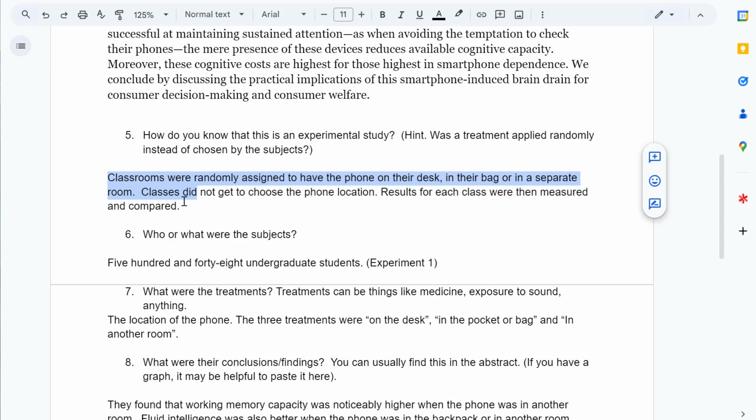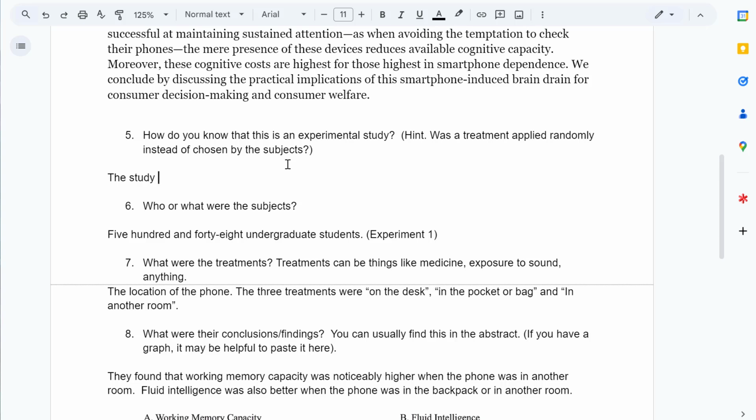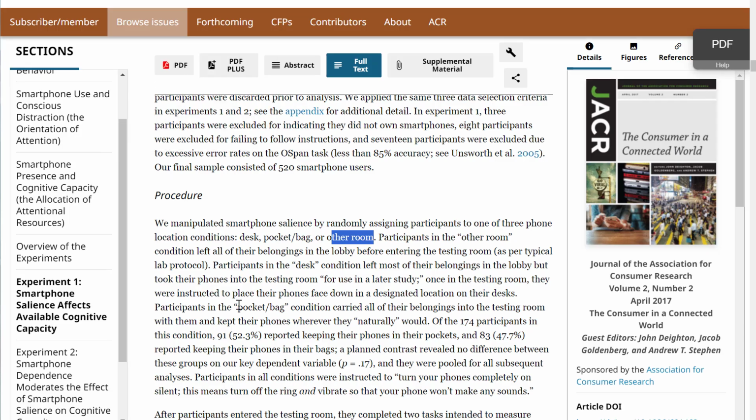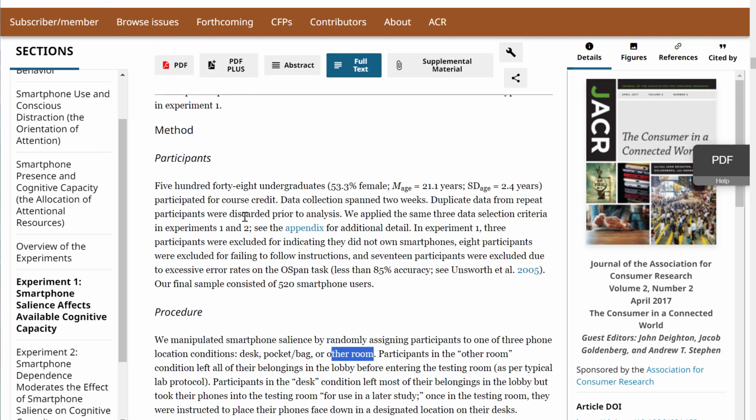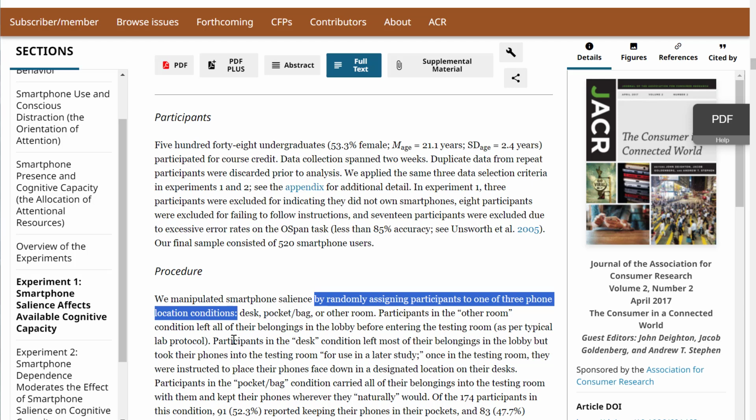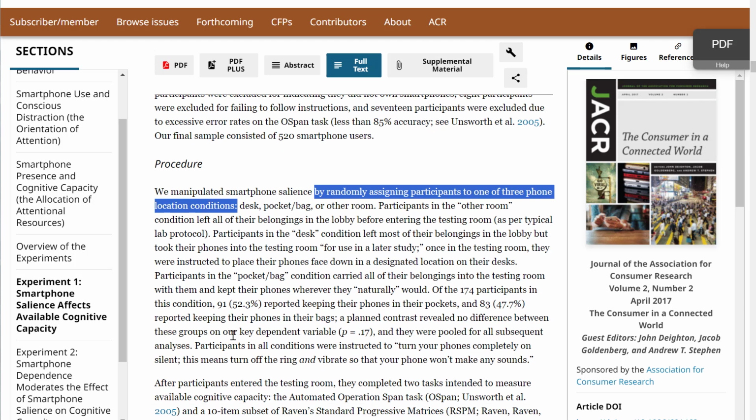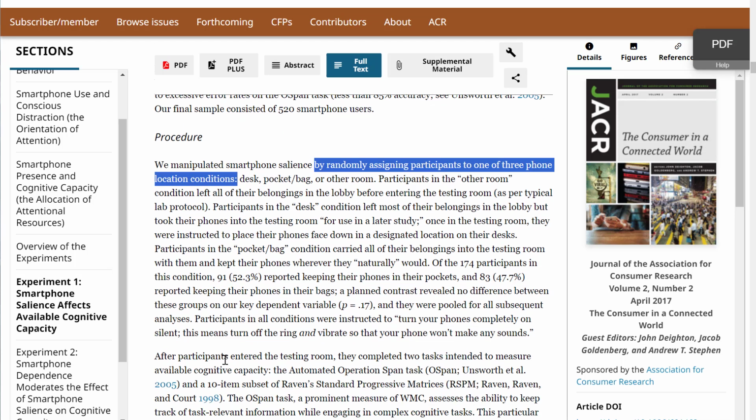The study said the participants were randomly assigned treatments, right? And so if I look here, you can see that right here, assigning participants to one of 3 phone location conditions. Now, I think they were actually assigning whole classes, because after participants entered the testing room, let's see, what did